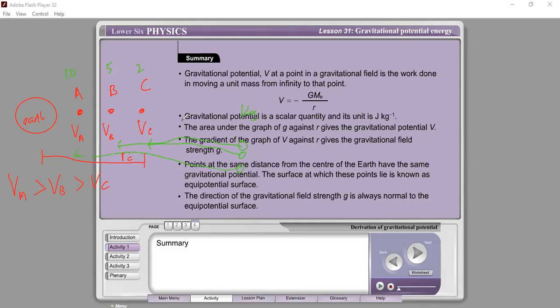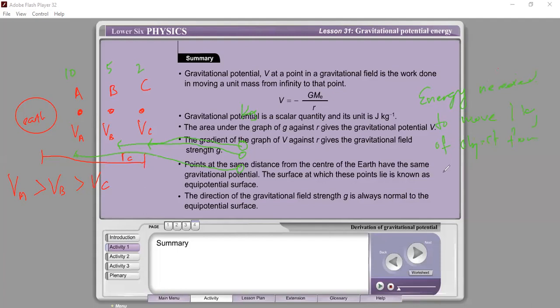So this is the meaning of gravitational potential. That means gravitational potential is the energy needed to move 1 kg of object